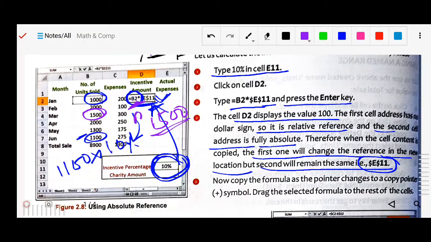Here it will be B4, and here it was B7, but the absolute part will be the same. If it is not absolute, it will change; if it is absolute, it will not change.